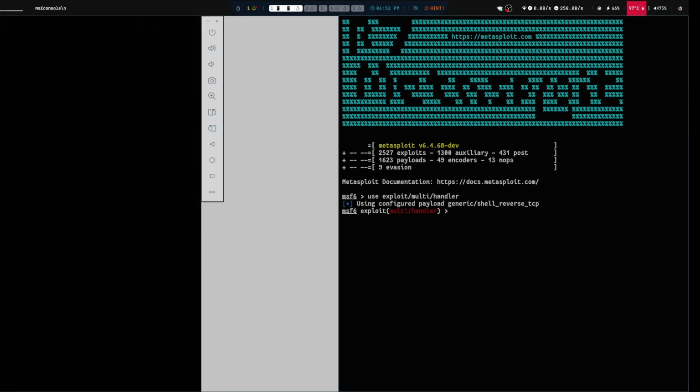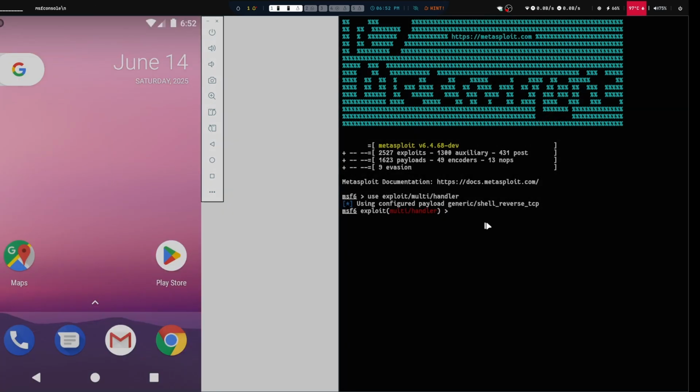After this, we have to set the payload to Android Meterpreter reverse TCP, because we made this for Android. As you can see, the payload is set to Android Meterpreter reverse TCP, which is gonna provide us a backdoor.